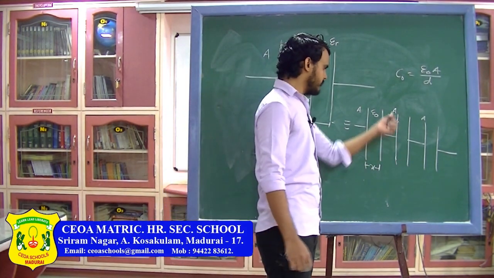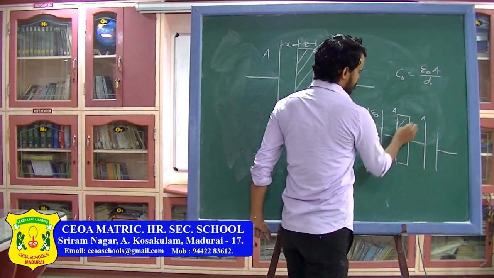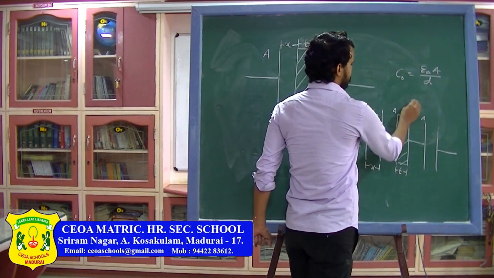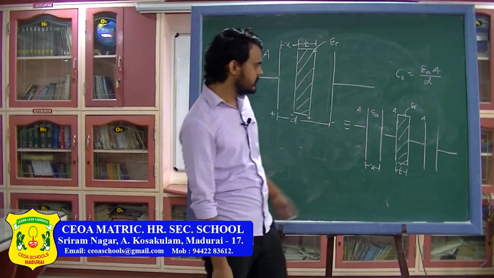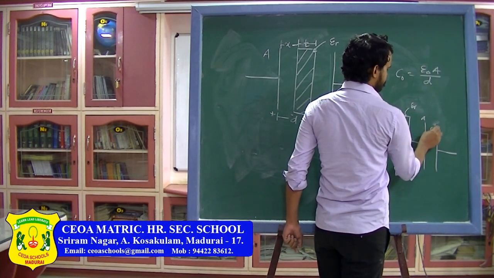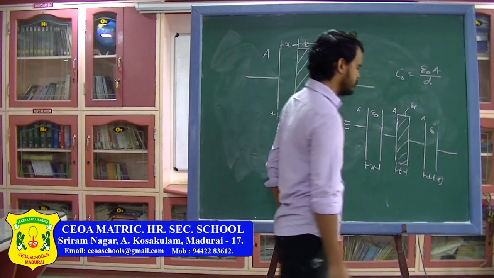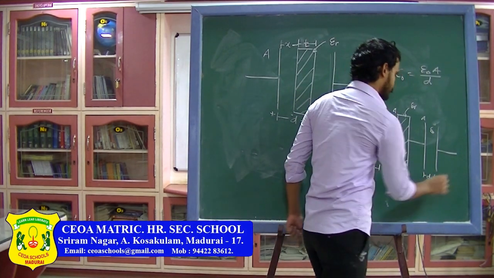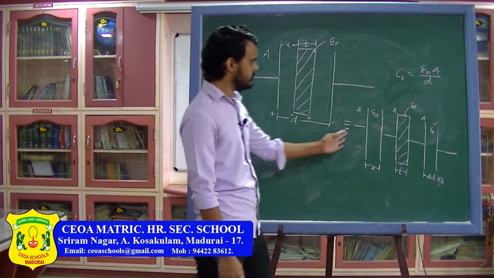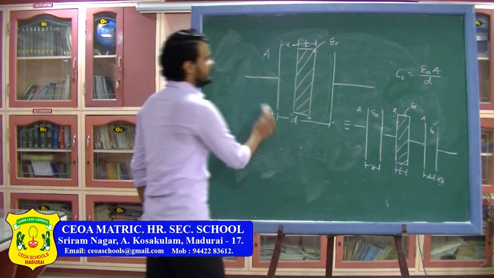Similarly here the area is A, the distance between the plates will be the thickness of the slab, and it is completely filled with the slab. So I can write the thickness of this one as T, and the relative permittivity of this one is epsilon r. Similarly here there is no medium, so the medium will be epsilon naught, and the thickness will be D minus T minus x. So this is the distance between the plates of the last capacitor. Now you can see that there are 3 capacitors which are in series, and we can find the equivalent of these capacitors which are connected in series.